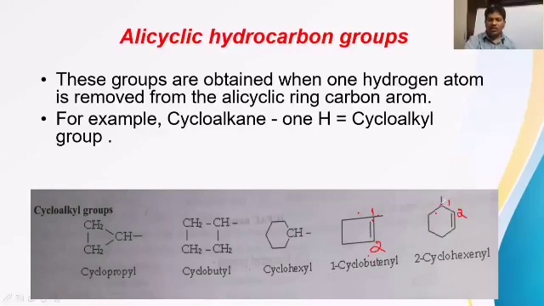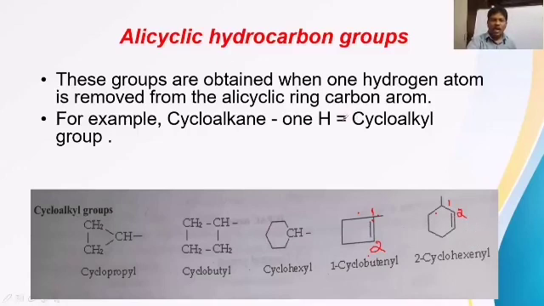So the first carbon is this one, undoubtedly. Now we should not give 2 here. We should come to the right side, that is, the clockwise direction, to give the numbering. So first carbon, second carbon, third carbon, fourth carbon, fifth carbon and sixth carbon. From the first carbon, the hydrogen is removed. But after the second position, what is there? The double bond is there. So we have to say 2-enyl. This group should be cyclohex-2-enyl, because the double bond is on the second carbon. Cyclohex-2-enyl is the name of this group here.